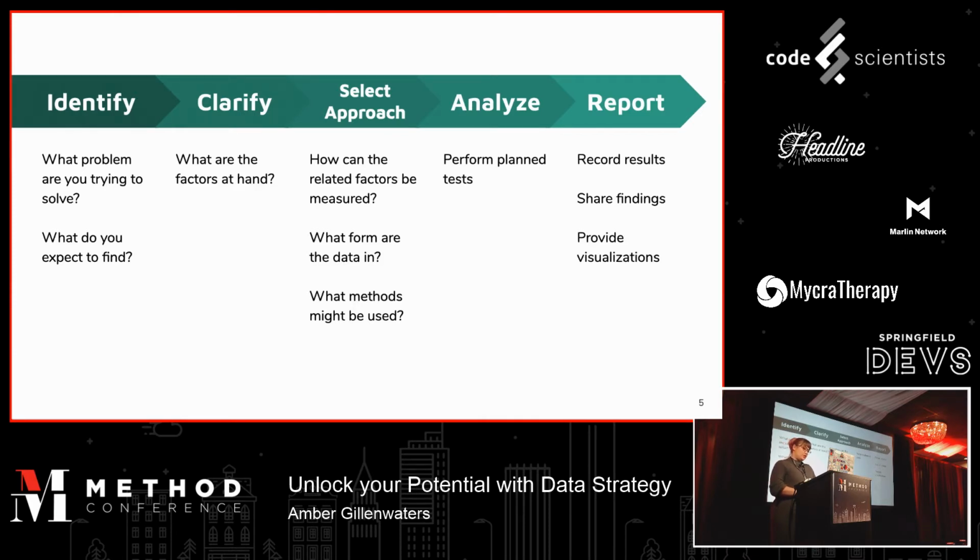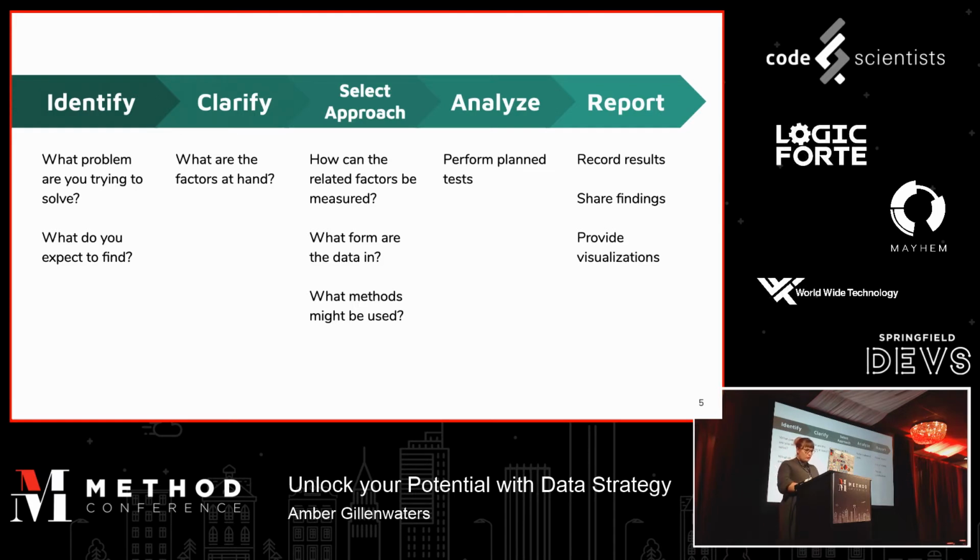construct. So it's wise to break that down into different parts. That may be something like satisfaction with speed, with the appearance, with the performance, with how practical it is to use. You also want to consider what form the data that you have are in, what methods you may use,